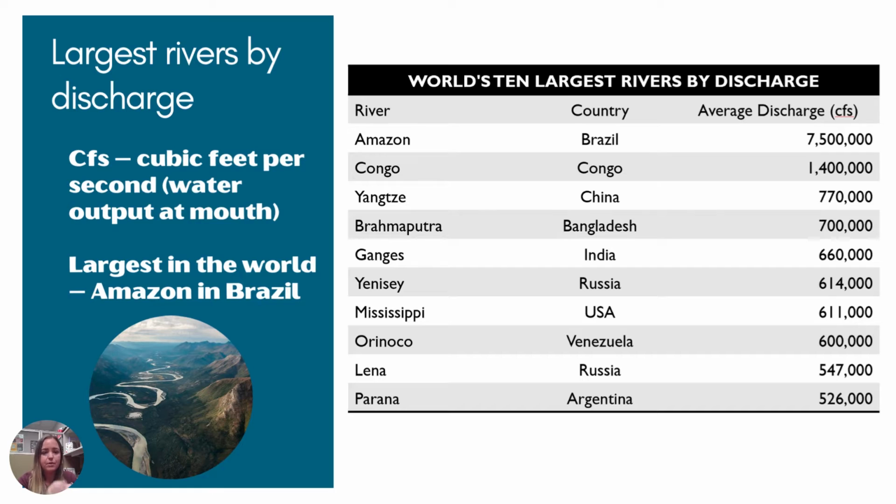Looking at some of the largest rivers by discharge, these are the top 10 on the earth, the Amazon being the largest, and by a lot, right? So the Amazon, and then the Congo River is behind it, and there's a significant difference in the amount of discharge. So that CFS there is cubic feet per second, and that's the water output at the mouth of a river. Okay, and we only appear on there with the Mississippi River, so we did make it, but we don't have nearly as large of river systems as some of these other countries around the world.